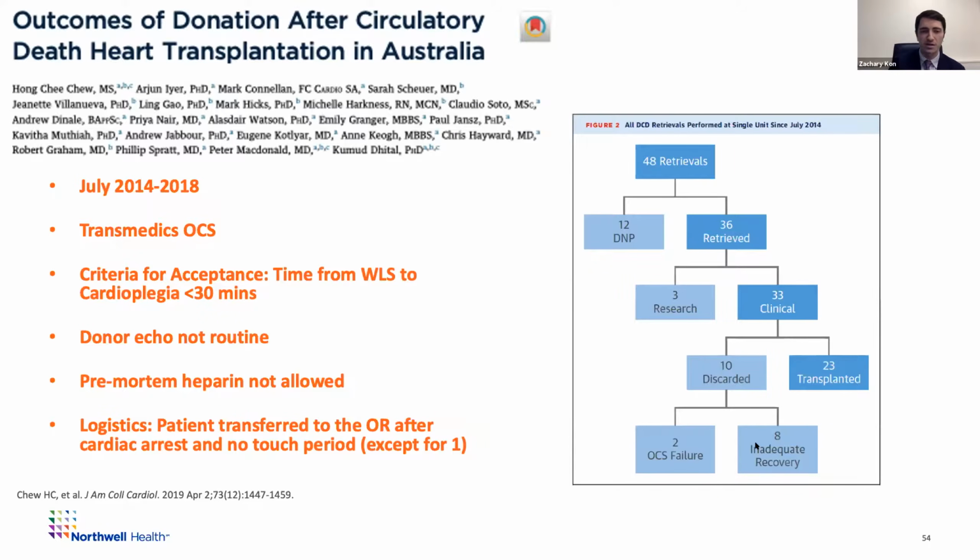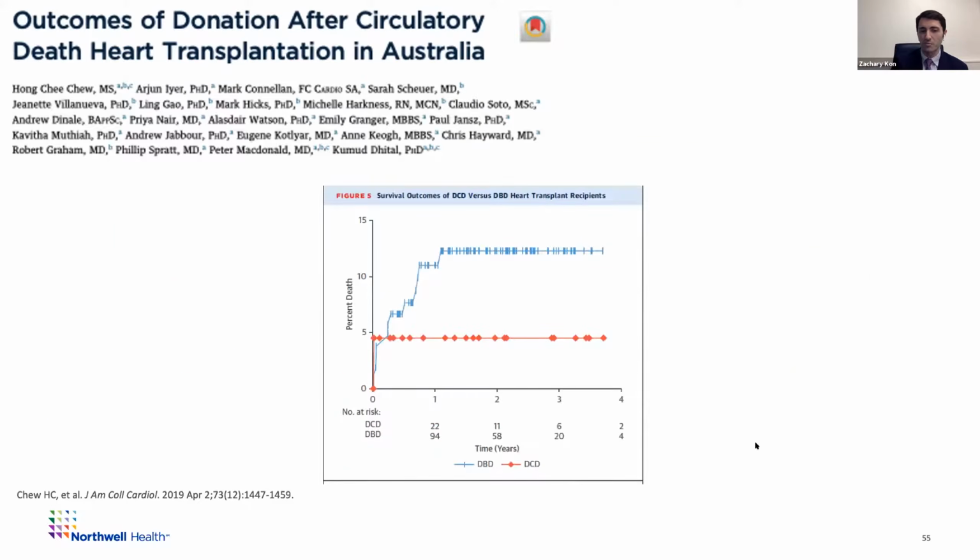This is the Australian experience. The only point I would make here is the relatively high rate of ECMO support in those transplanted, which fundamentally I actually don't have a problem with, because if you look at the actual outcomes at 1 year, they are pretty phenomenal. In fact, they're nominally better than brain dead donation. But I think it is something you have to be aware of, and you have to be willing to offer relatively early and freely in order to pursue this kind of approach to DCD.